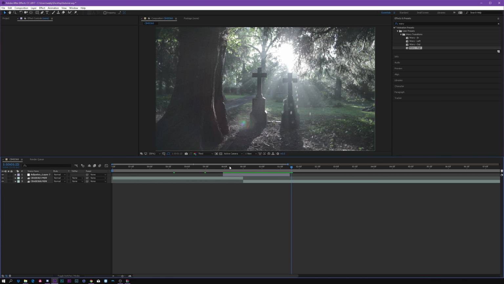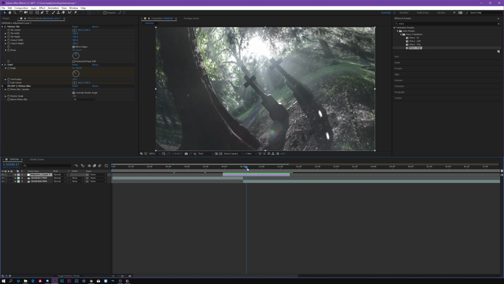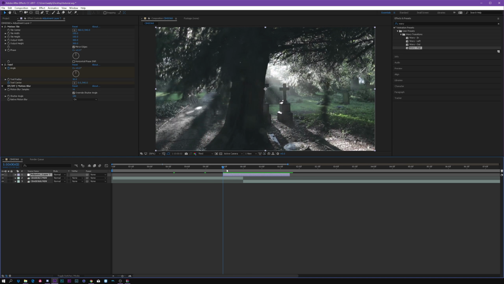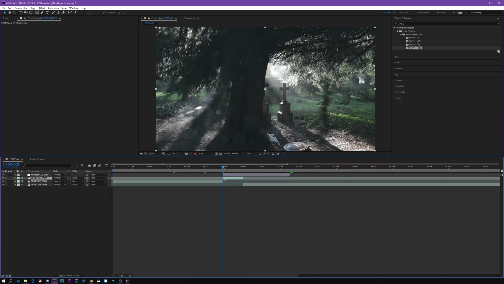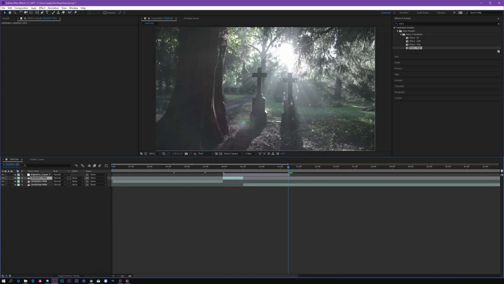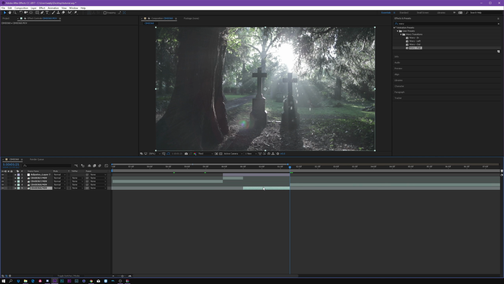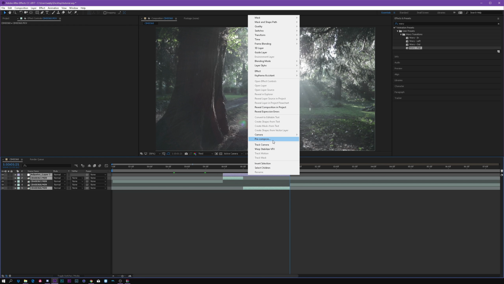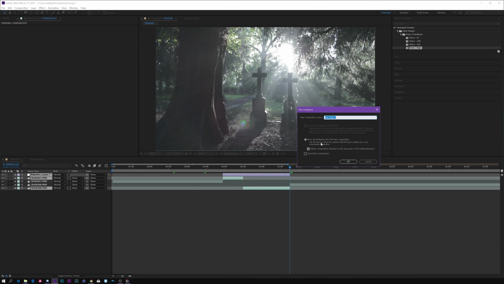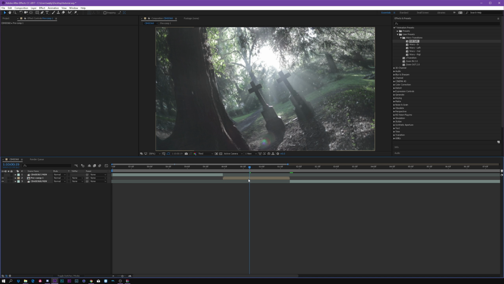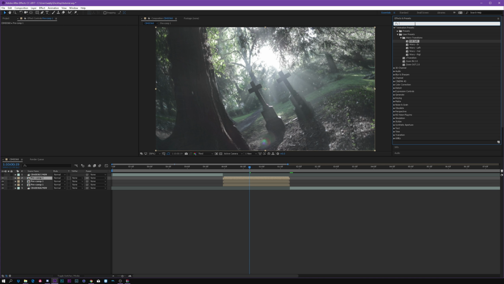For the RGB splits, the way I do it is I go to the beginning of the adjustment layer, and I'm gonna cut my clip there, and I do the same thing at the end. Cut the clip there, and I'm gonna hold Control and select these 3 parts, and I'm gonna pre-compose them. Move everything in there. So what this allows us to do is to duplicate this 2 times,